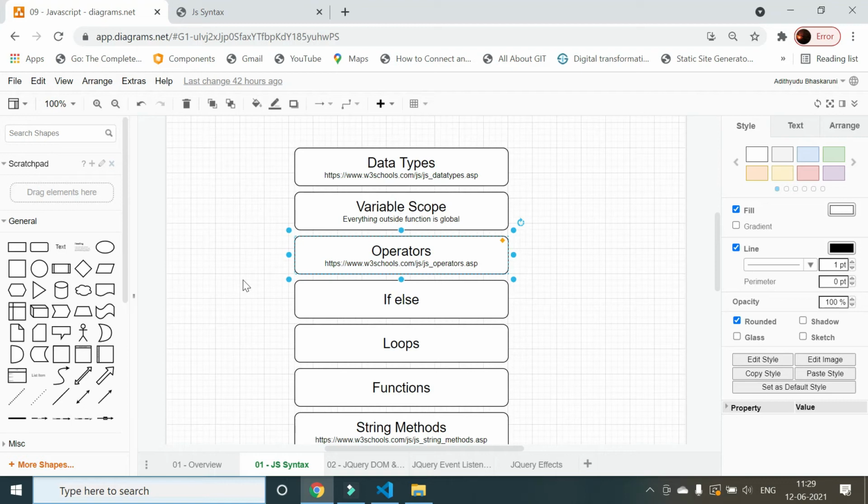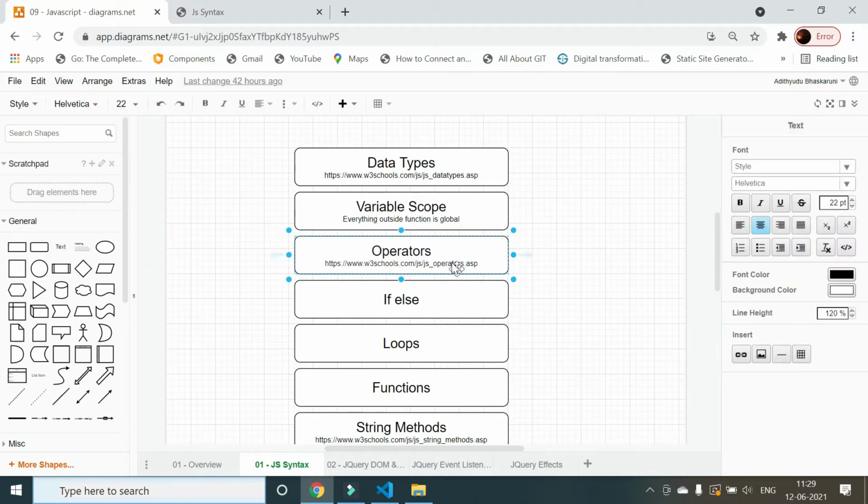Okay, so in this lecture we will understand about operators. I have given just the links here. If you want to know the details, you can always refer to W3Schools. But if we compare with the operators which we have from C, operators are like the assignment operator, wherein you assign one variable to another variable. Just like the equality operator. Let me open this link and show it to you.